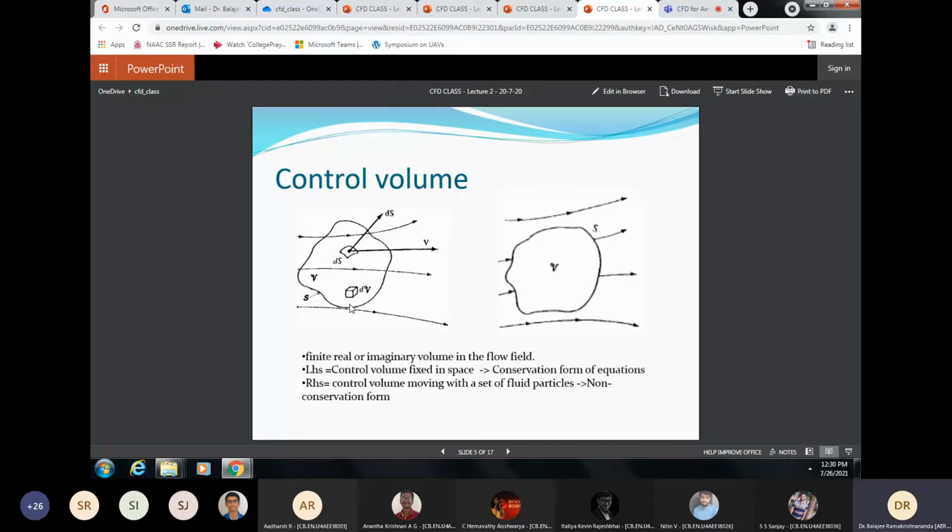Now we are fixing our attention only on a point inside the control volume. Then we see how flow properties vary in space. This is the Eulerian approach. Now if you write the equations in this form based on this assumption, it's called the conservation form of the equations, which is very useful for CFD. There are other instances where the other formulation is very useful.